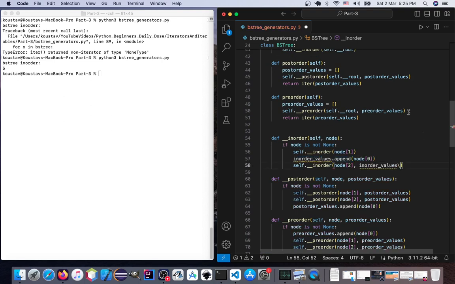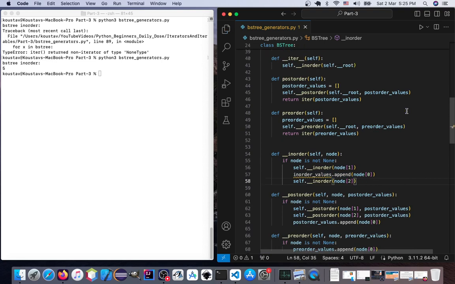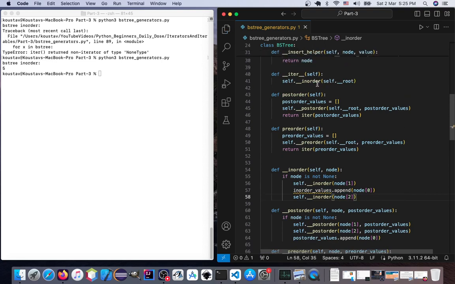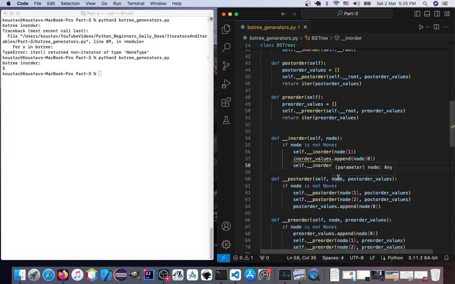Okay. We don't need this thing. We don't need the list. And in the iter, we are calling this in order, the recursive method, which will actually be the generator method. So in order, instead of this,